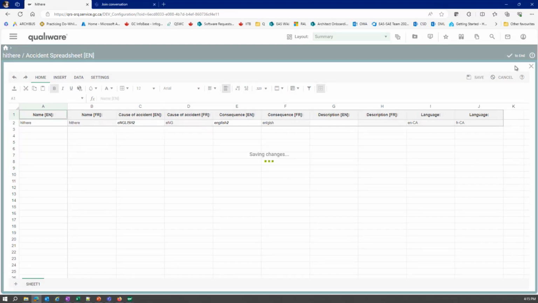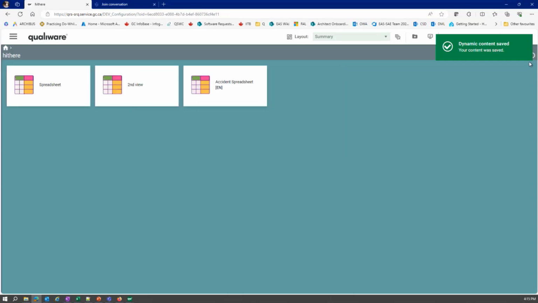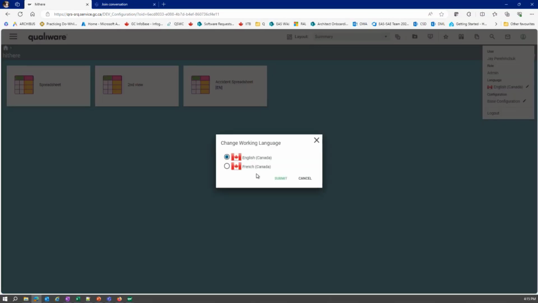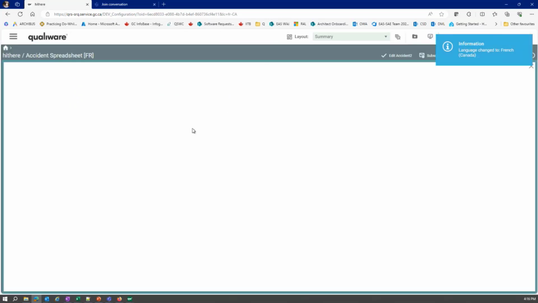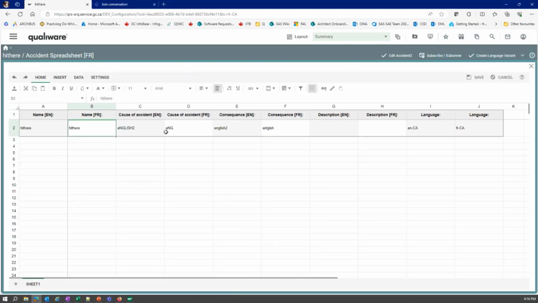And then when I flip this to French, I will only be able to see or modify the French content. So this is allowing me to read the English, copy the English if you want, but only change the French fields.